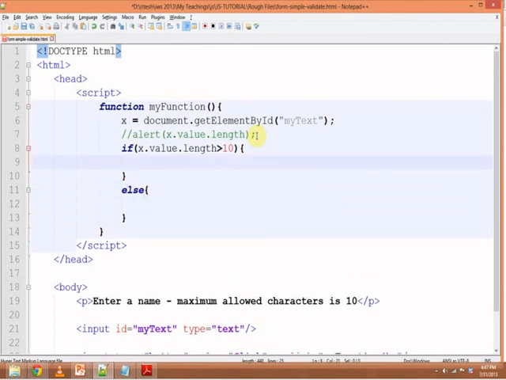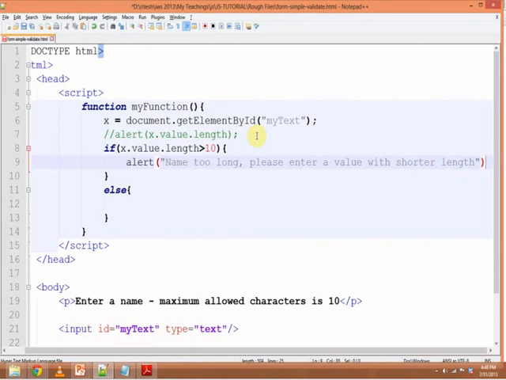So I'll go in my if condition and I'll alert that if the length is greater than 10, I will say name too long. Please enter a valid value, let's say enter a value with shorter length.